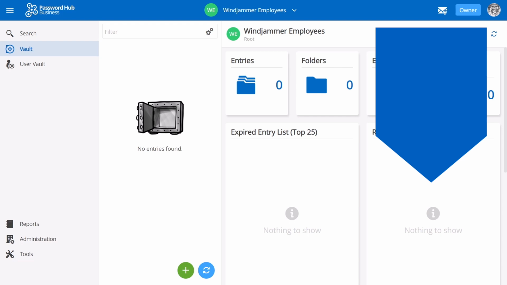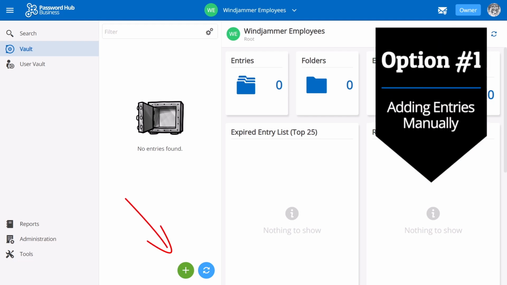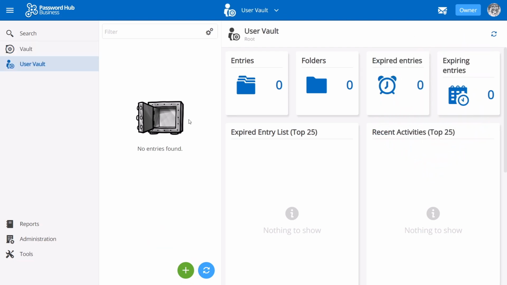Now the first way to add entries is to do so manually by selecting the plus icon in any shared or user vault. So let's start by having Bob add some business-related entries into his user vault. Now Bob's user vault is only accessible to him, so he has full rights to do whatever he wants in it. But in a shared vault, whatever roles and permissions have been previously set on them will be inherited